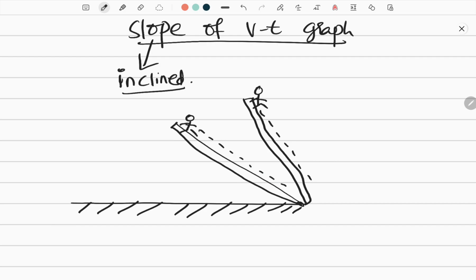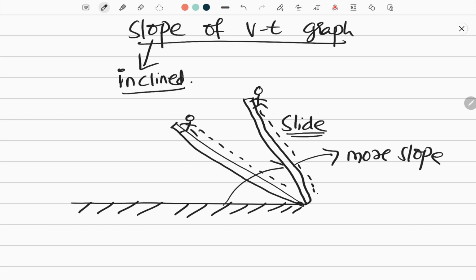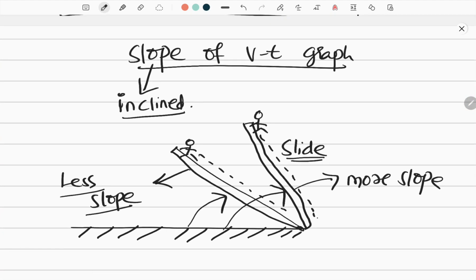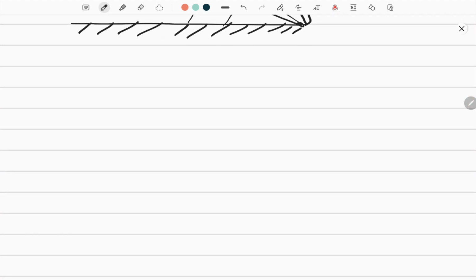So this incline will be there in water parks and in normal parks. All children will slide over this. It is a smooth surface, usually made of metal. So this one is having more slope. Look at this, more slope, because this has made more angle, and this has made less angle, so this is having less slope. One is having more slope, another is having less slope, so that is the meaning of slope. I'll explain how to calculate that.